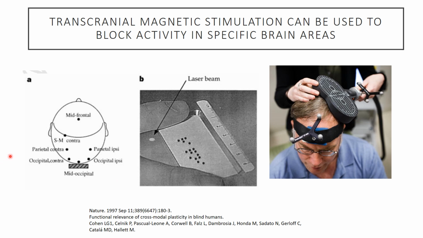In this study, they did this experiment on individuals who could see but knew how to read braille, and then individuals who were blind, and those individuals obviously knew how to read braille too. And they shut down different parts of the cortex. They did a midfrontal portion. They hit the somatosensory and motor areas. They hit parietal areas, and then they also hit occipital areas, more visual-like areas. And they did this while the individuals were doing these tasks to see how well they did.